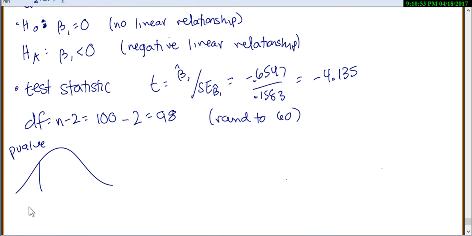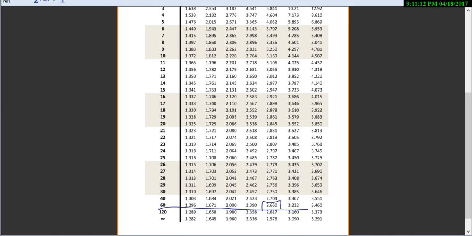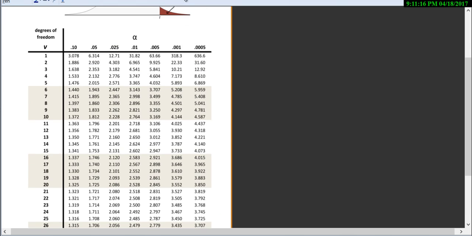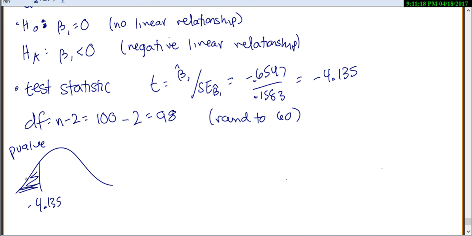So for our p-value, here's my negative 4.135. And we only have to worry about shading to the left because this is a negative. Now we'll use symmetry. We'll go to our t-table and just look at positive 4.1. Because of symmetry, the area to the right of a positive would be the same. So we're looking for 4 point something. That's going to be somewhere way off here. So we're less than 0.0005. So my p-value